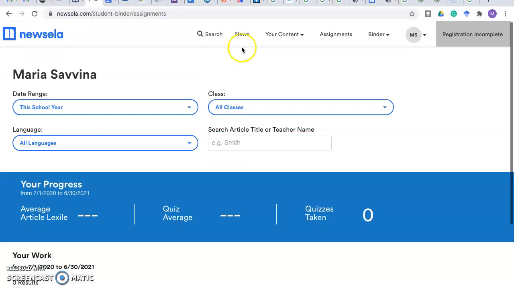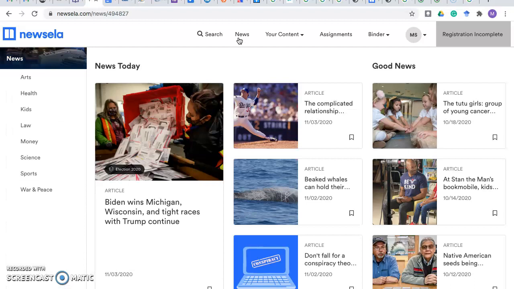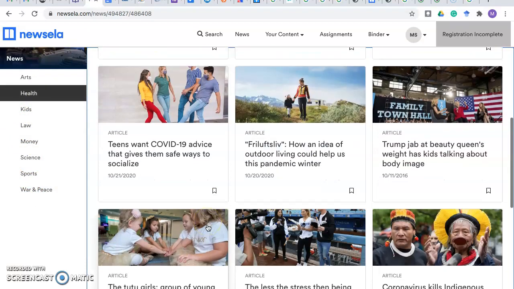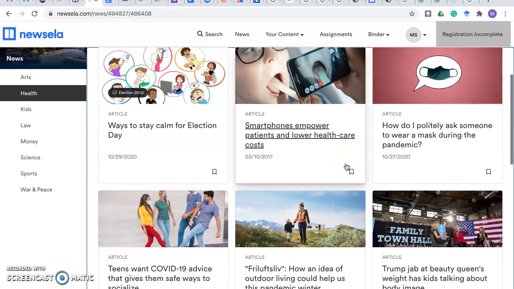do for your students. We can click news and see all the most recent news presented here, and also we can search with different topics. Let's pick health, and there's quite a collection of different articles, and all of them are very recent. For example, you do remember when the president and his first lady were tested for coronavirus. Here's that article. Let's look at this one.